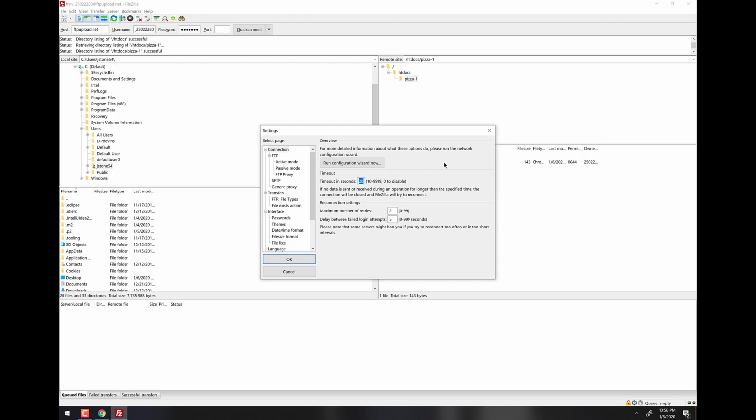Now, you can leave that if you want. What that means, though, is if you're trying to connect to your server and there's a delay or whatever and something happens, after 20 seconds it will disconnect and time out. If that becomes a problem over and over again, the way you can solve that is change this to 0 and that just disables the timeout.